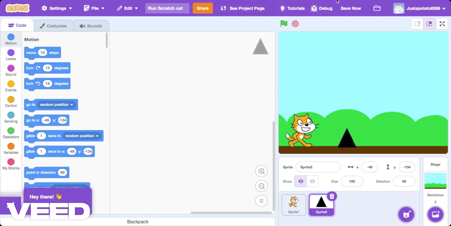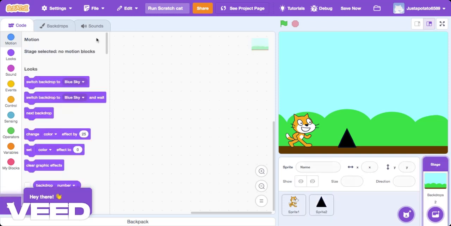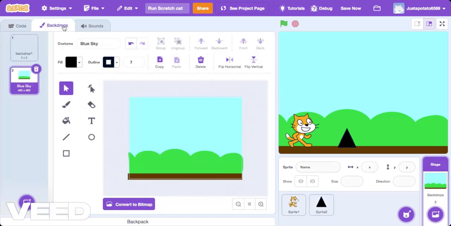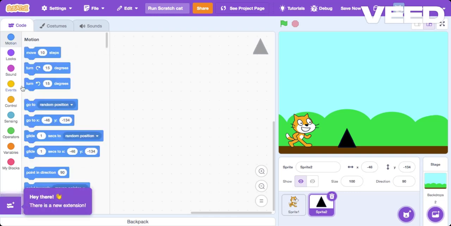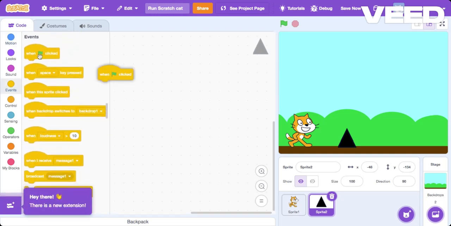But first, remember that we can't move backdrops. So if we can't move backdrops, it means we can't do anything. Our scrolling game is ruined. But if we, okay,